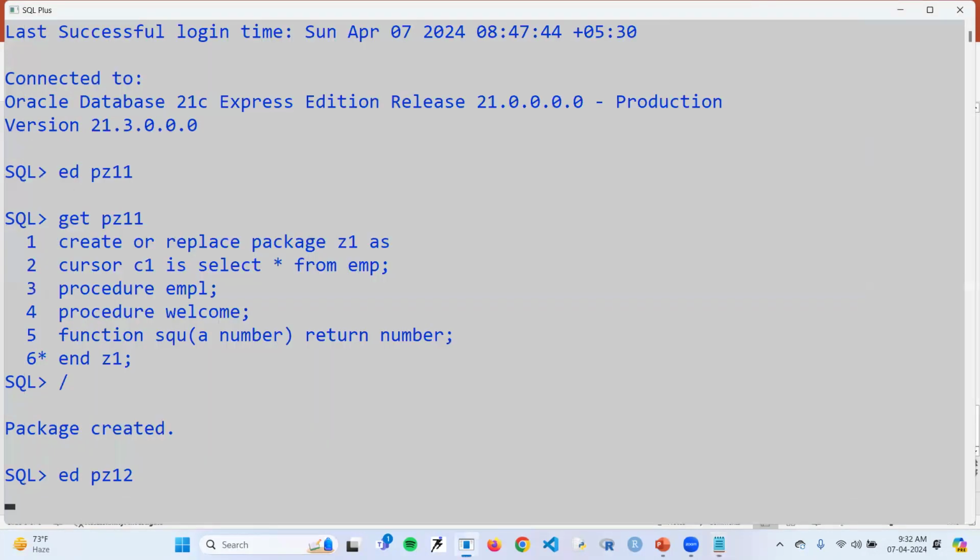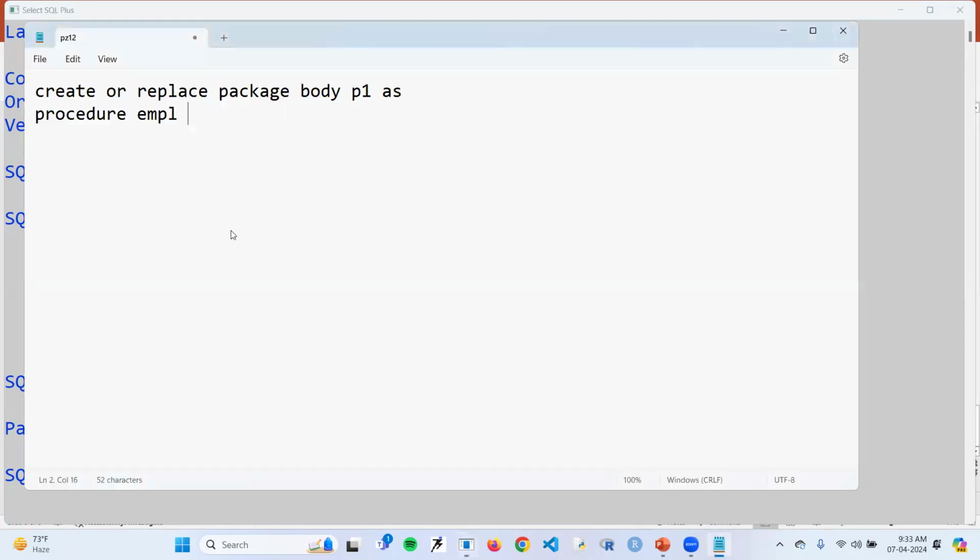Okay, you can see on screen. First, I'm going to write the description of this procedure EMPL, which would be using this cursor C1. Let's see how we do it. Procedure EMPL is, and then I can write here begin. Then I can use a cursor for loop for I in, the cursor name is C1, right? So for I in C1,